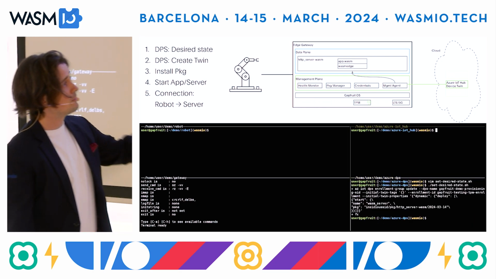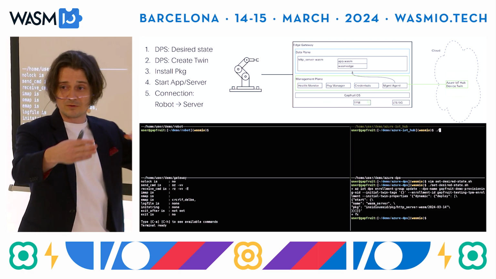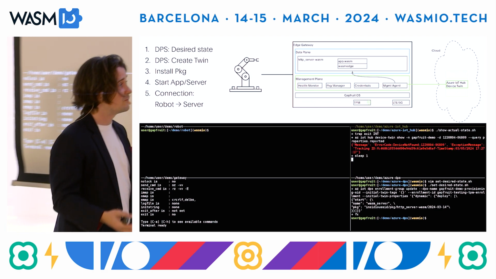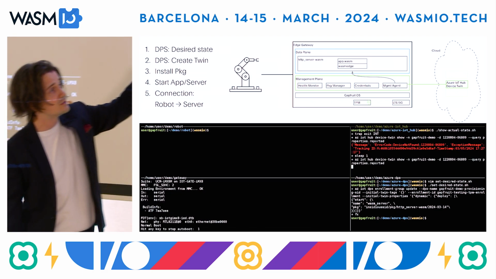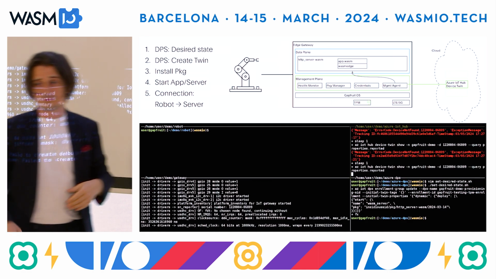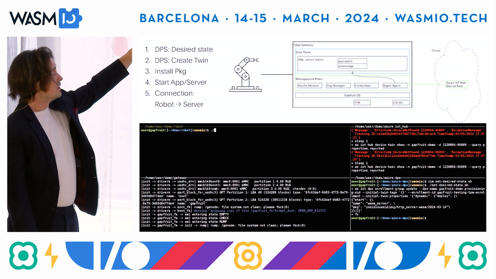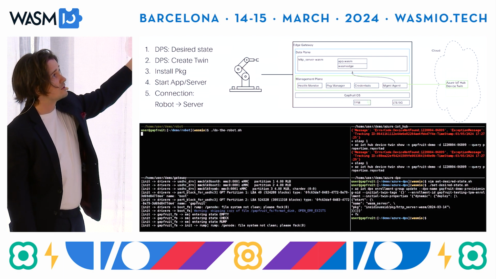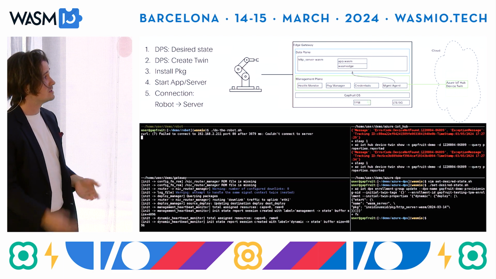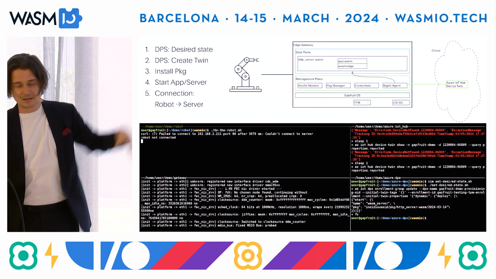On the top, I'm now connecting to the Azure IoT Hub to the specific device twin. Well, this will obviously fail because the device has not booted yet, so there is no device twin. So I'm going to continue checking for the reported state of the device twin until I succeed. On the left here, the robot is trying to connect to the server, which will obviously also fail because the app hasn't been deployed yet. So I'm also trying to do that until I succeed.